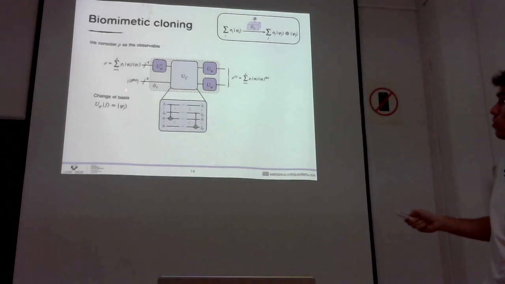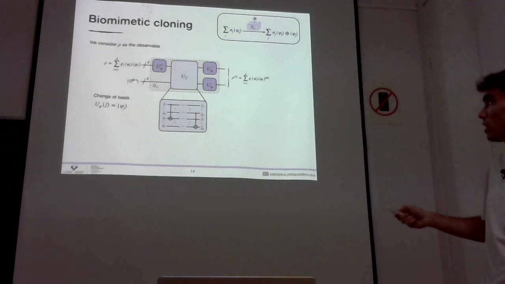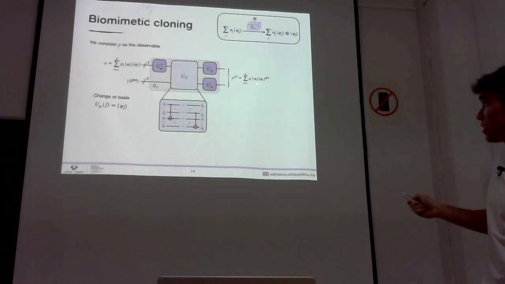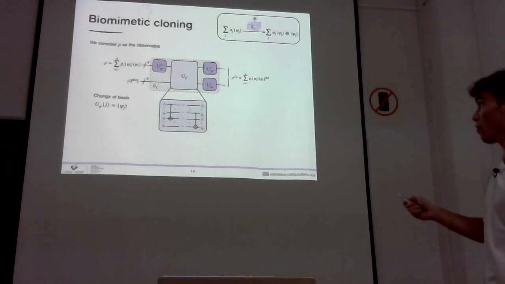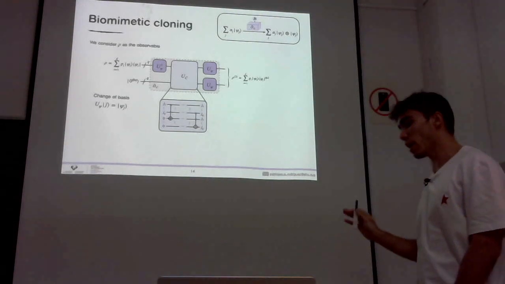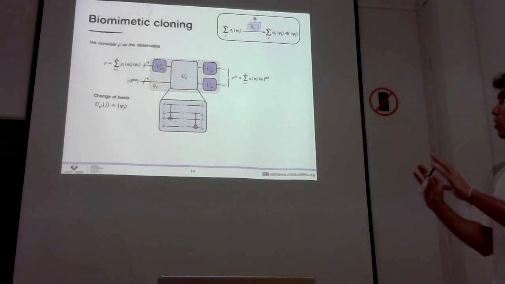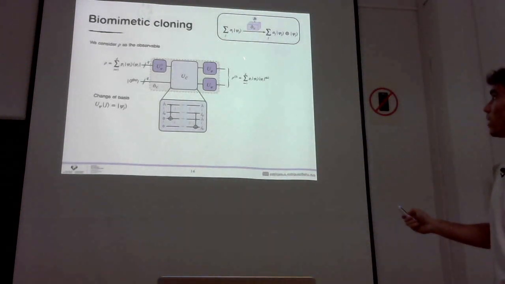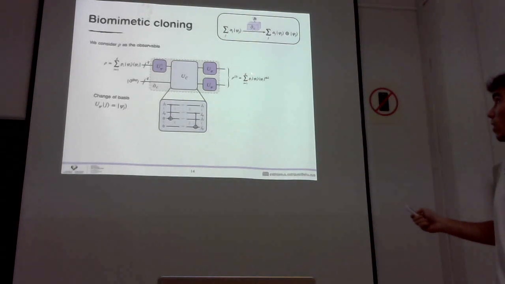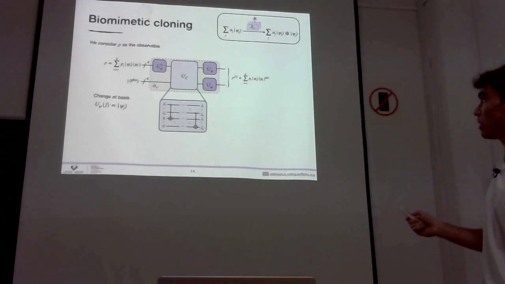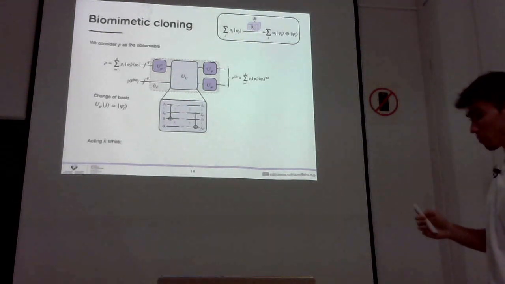quantum state and some state initialized to the zero state, and we end up with this couple of biomimetic copies. So we are kind of perturbing the state. I have a pure copy of rho, and using the biomimetic cloning machine, I am making these copies. These are not clean copies, these are not perfect copies, so the question is if this is worth